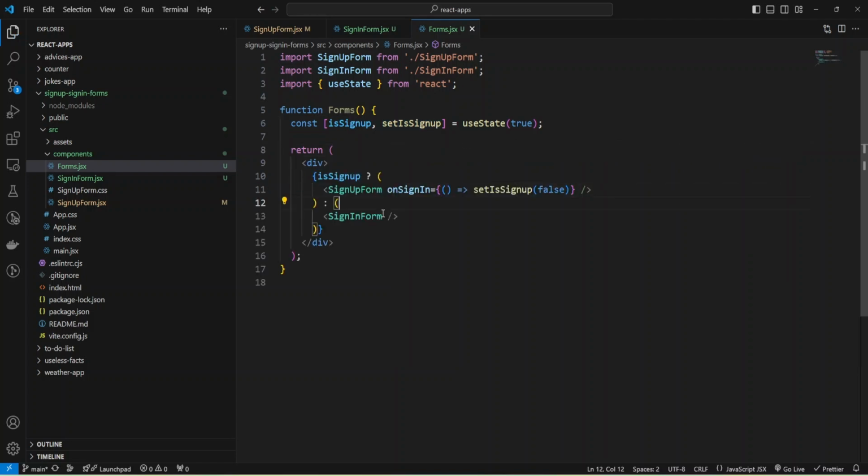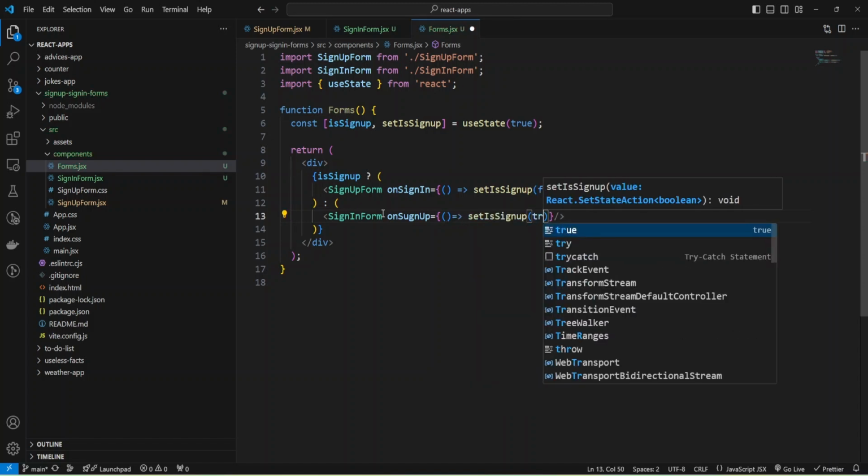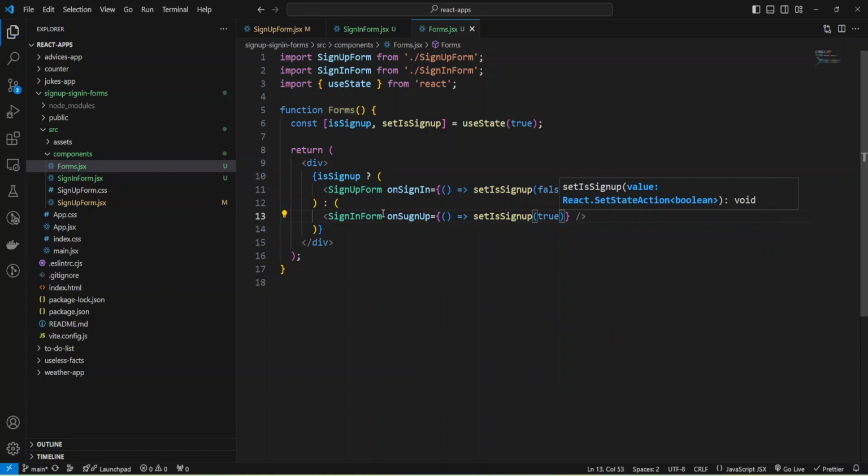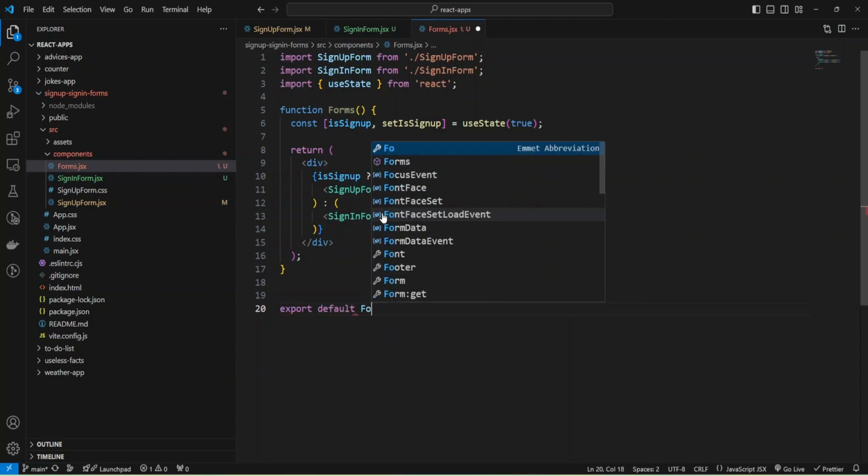Okay, and save, and also we need the function onSignUp, and also provide the same function, but set the value to true. Set isSignUp to true. Okay, and now I can export my forms. Export default forms.